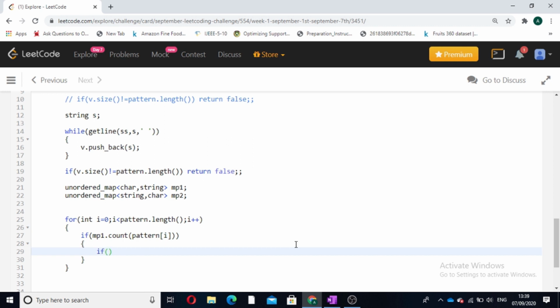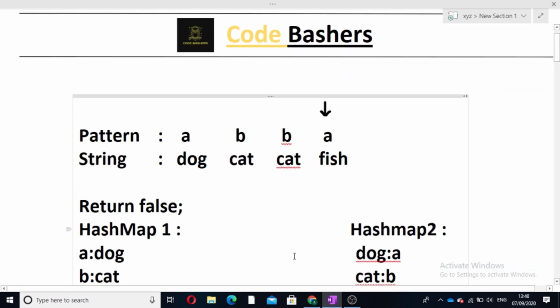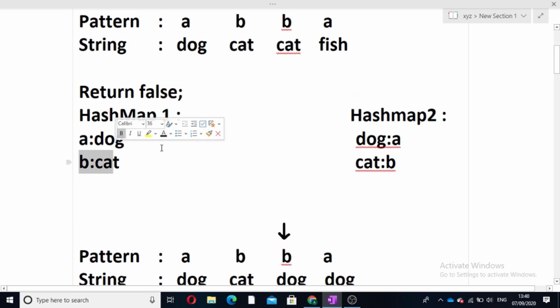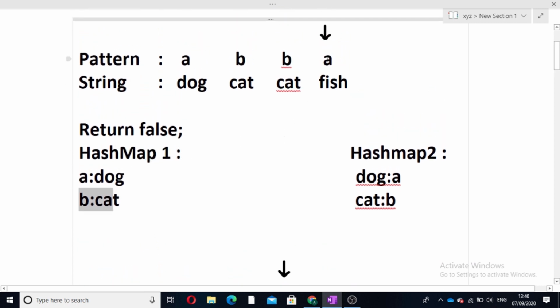If mp1 of pattern I, which gives us the value, is not equal to the current string, meaning in the hash map our character b is mapped to cat, and in the real string our b is mapped to some other string, then it will be a contradiction and we will return false.